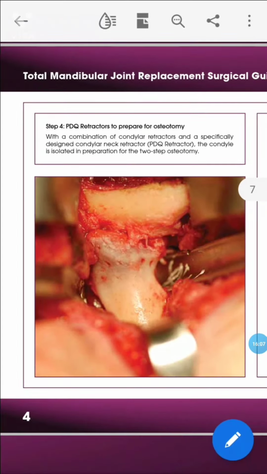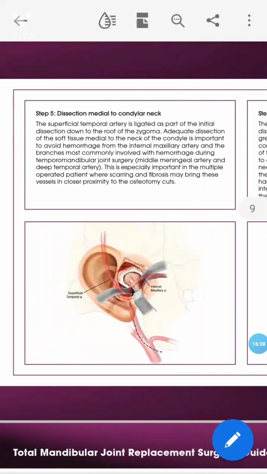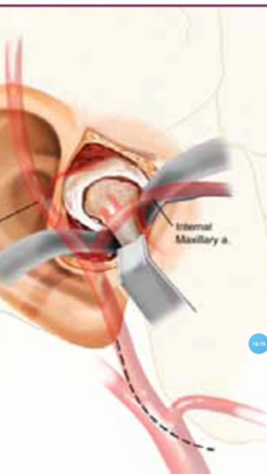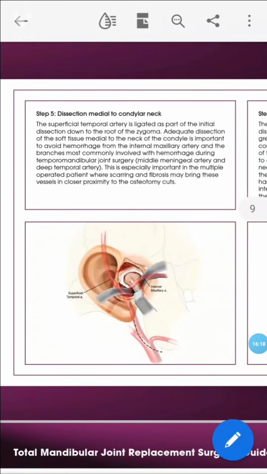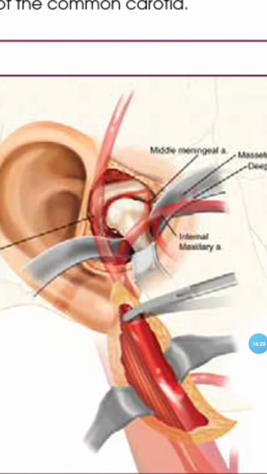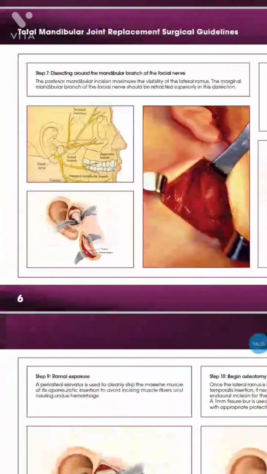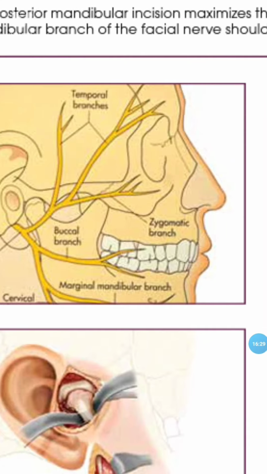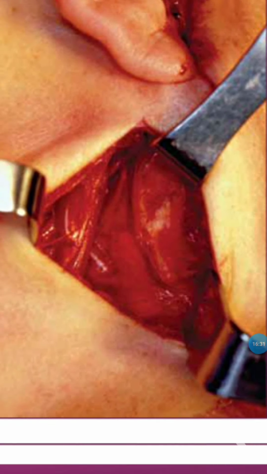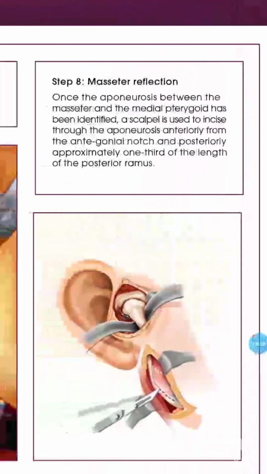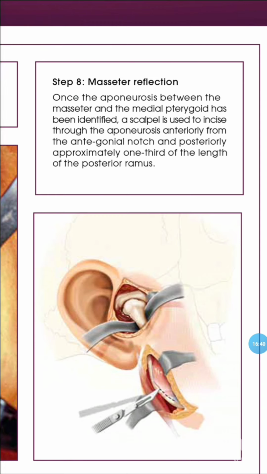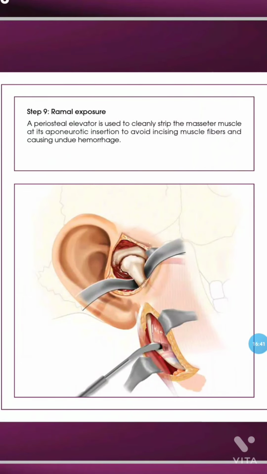Then he also mentions a two-step osteotomy, in which specially designed holding forceps are used to maintain a secure purchase point up to the inferior border of the mandible. The ramus is then pushed superiorly up to the space created by step 1 of the two-step osteotomy. Push the ramus up. Now this allows better visualization. Then the reciprocating rasp is used to flatten the fossa eminence, and sizing and implantation of the fossa component is done.